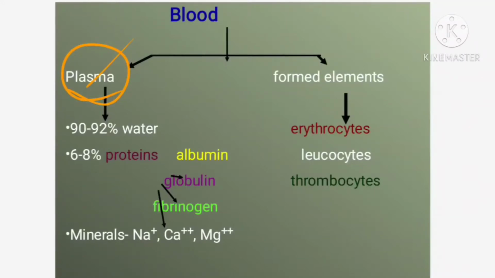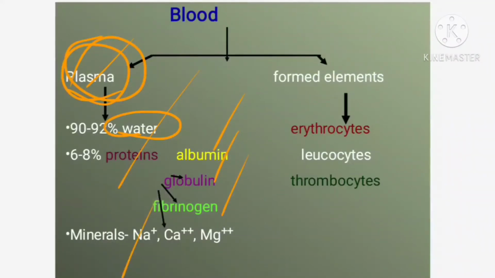Now the next part is your plasma. This plasma, I have told you, is a fluid connective tissue. So the major composition of the plasma is what? It is water. So 90 to 92% of it is made up of water. The rest you can find some other substances also, like a good amount of proteins, and glucose dissolved in plasma. Then proteins like albumin, globulin, fibrinogen,